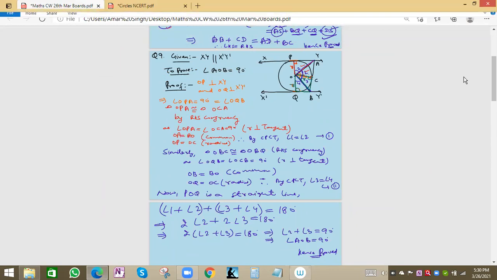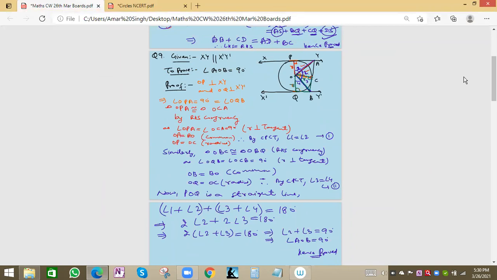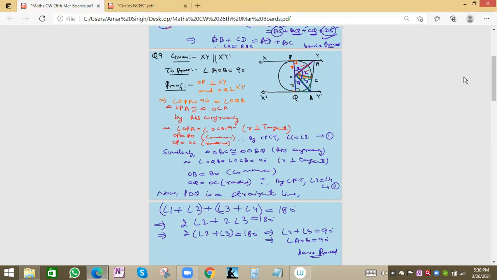So this is equation 1, and this is 2, this is 3 and 4. So 1 is equal to 2 and 3 is equal to 4. And this is a straight line basically, POQ. So POQ is a straight line means angle will be 180 degree. So 1 plus 2 plus 3 plus 4 will be 180. 1, 2 are equal, so we can take twice of angle 2, and 3, 4 are equal, so we can take twice of angle 3 equal to 180 degree. So angle POQ will be equal to 90 degree.